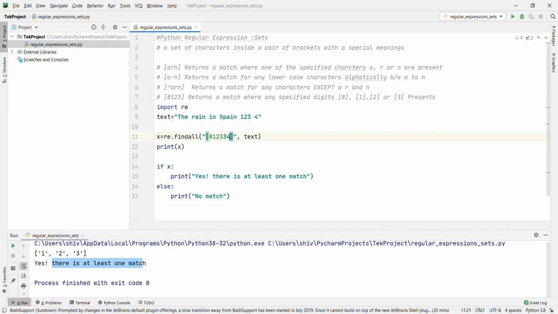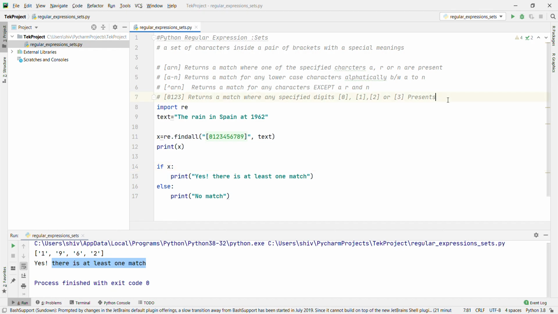You can add 4, 5, 6, so 0, 1, 2, 3, 4, 5, 6, and you can add 9, 1, 9, 6, 2. Then it will print 1, but 9 will not be printed because it's not in the set, while 6 and 2 are. Let's run and see. Right, 1, 6 and 2. If I add 7, 8, 9, then it will print 1, 2, 6, 9, all. Let's run and see. Okay, 1, 9, 6, 2, all, and yes, there is at least one match. This is clear now.